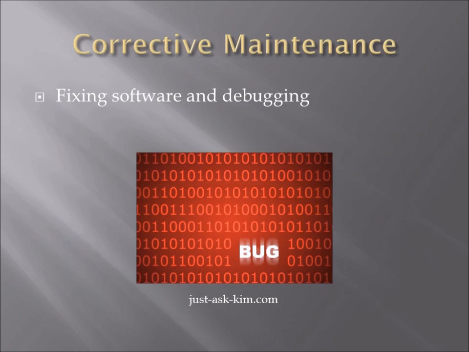Corrective maintenance. This is more apparent in IT than the other types of maintenance. It's fixing it because it broke. Debugging, fixing software, making sure that glitches are removed, any type of complaints that keep occurring may eventually go through corrective maintenance. Make sure everything works and make sure that no new issues are going to pop up and that the old issues are taken care of. Leaving us to the final type of maintenance,